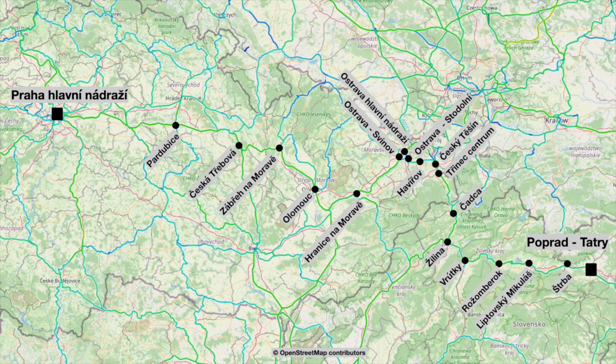I should probably start with an apology to any native speakers. This is the best I can manage for the names of the stations. We're leaving Praha hlavní nádraží in an easterly direction. The first stop will be Pardubice, and then we'll be cutting through the hills at Česká Třebová, Zábřeh na Moravě,